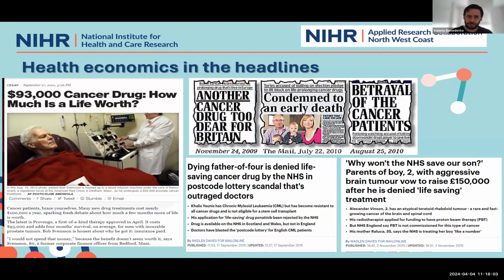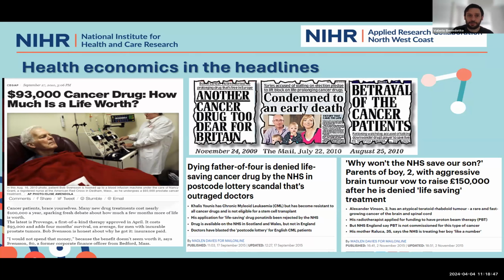Now, talking about efficient use, here we see headlines which really trigger a sense of unfairness. As I said before, it's important to know there is a relatively new strand in health economics which takes into account equity, which takes into account fairness. So the decision to allocate resources in healthcare to, for example, cancer, will potentially remove or displace resources from other areas, which might have an impact on, for example, people coming from deprived areas. So there is a socioeconomic element we need to consider, and a new strand of health economics is looking into this.